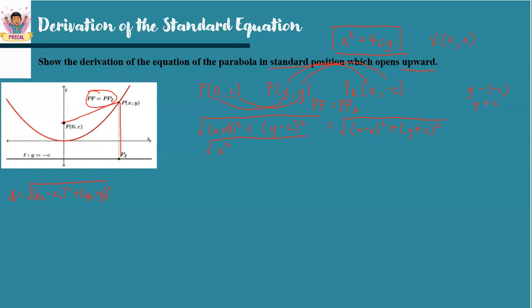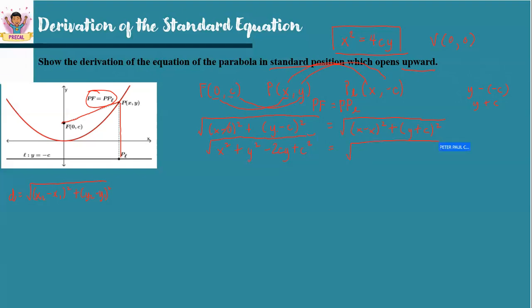And then we square the binomial y minus c squared. When we square the binomial, we square the first term, so we have y times y, that is y squared. And then we get twice the product of the first and the second term. So y times negative c, that's negative cy, but we get twice of that. Then we get the square of negative c, so negative c times negative c will be positive c squared. Remember the pattern in squaring a binomial.